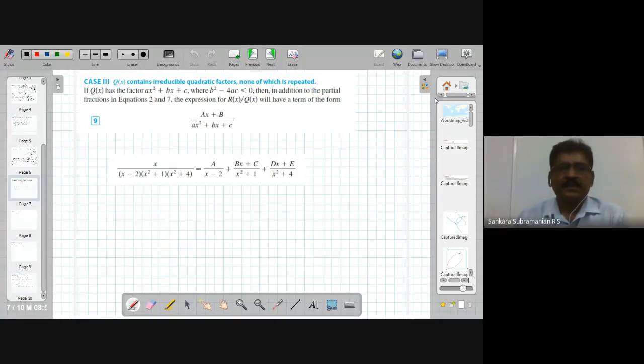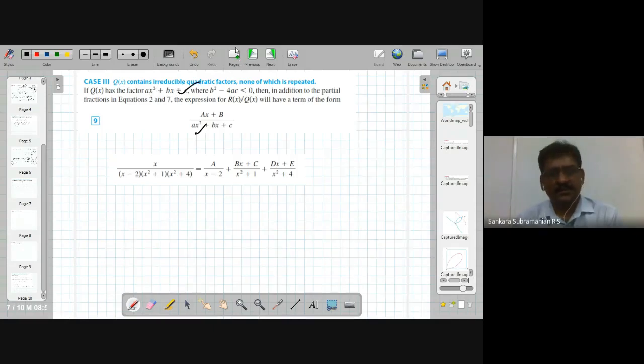This is the case where we call it the non-linear case. What do you mean by non-linear? It is not linear, but it can be quadratic or cubical. But we are not interested in the cubical one. We are interested only in the quadratic format, right? Ax square plus bx plus c appears. And usually we go for